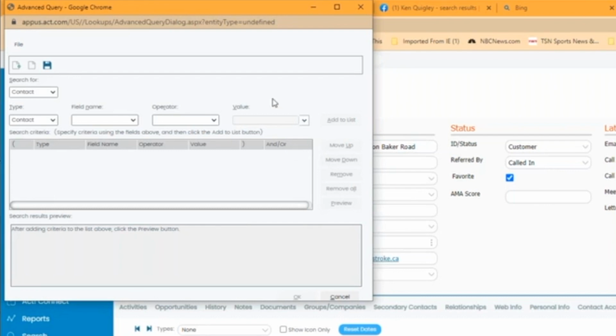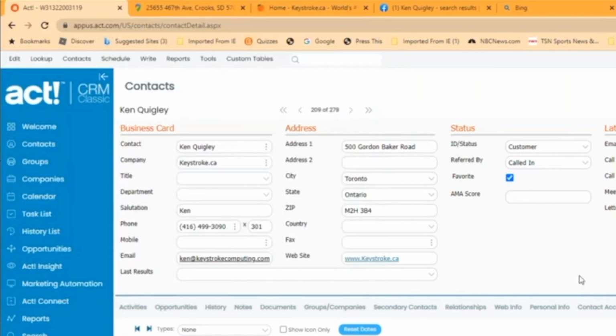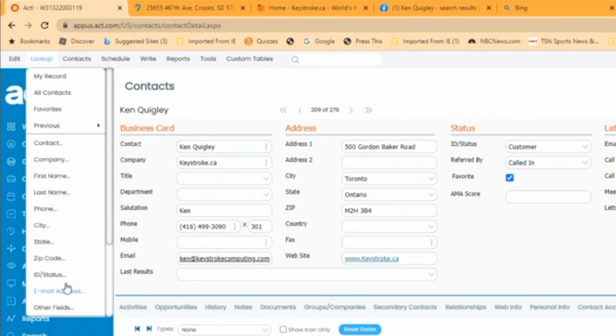Now, the more common way of building a query is a narrowing lookup. The simplest one that you can have is show me all of my customers that are in Toronto that have an email address. And that is a narrowing lookup. And what you can do is once you save something like that,